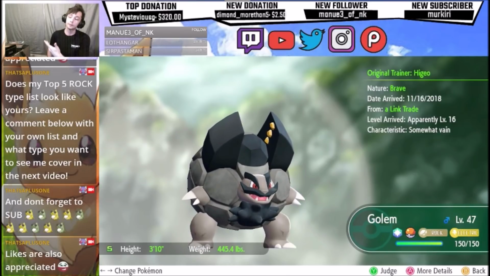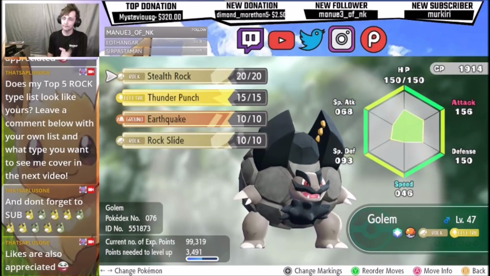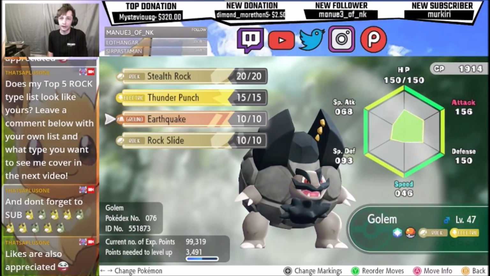And we're going to talk about what makes Alolan Golem just a little bit better than regular Golem, is that it STABs Electric attacks. Now, if you look at the moveset, it's exactly the same for the most part. We have Stealth Rock, Earthquake, Rock Slide. Now, you don't STAB the Earthquake anymore. You do not STAB it, but I still think you need it to fight things, like I said,